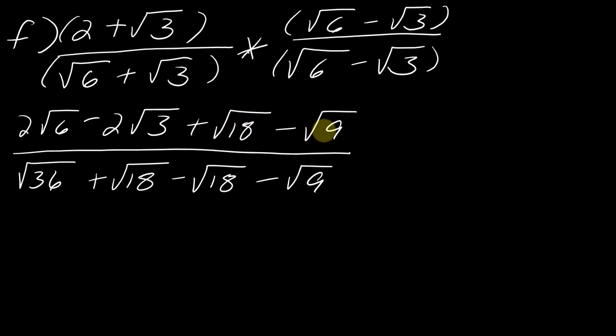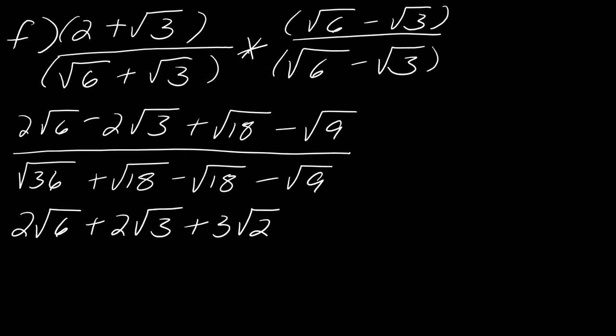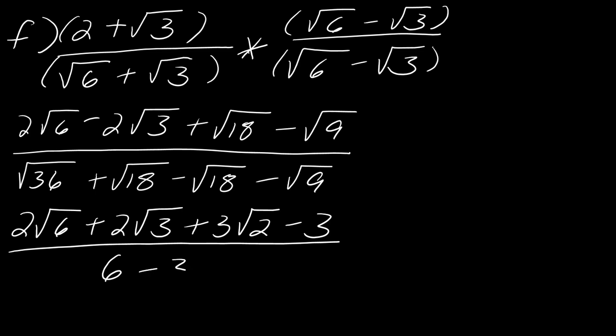So square root of 18 and square root of 9 can be simplified in the top. So this is 2 times the square root of 6 plus 2 times the square root of 3 plus 3 times the square root of 2 minus 3. And then all of this over 6 minus 3. And just in the interest of time here, 6 minus 3 just equals 3, so I'll just make that change so that you can see it. And so that brings us to the end of